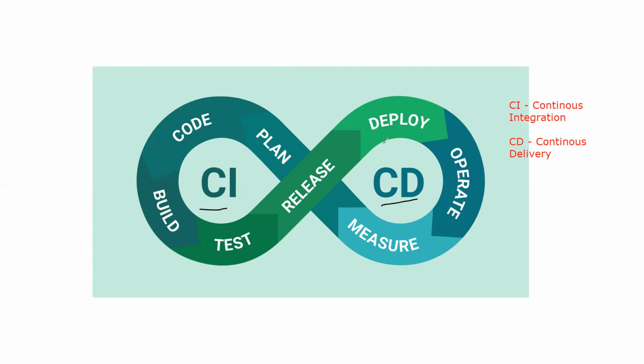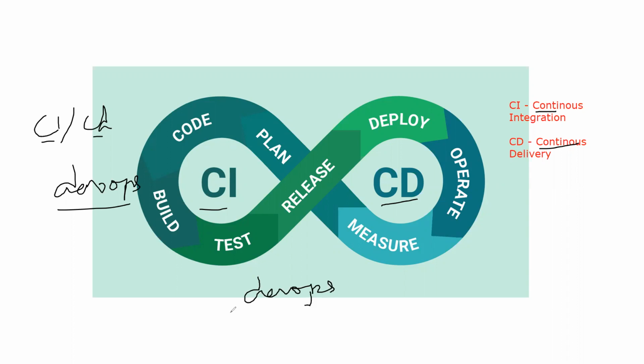Now, a question might come to you that, Kumar, what is this CI/CD going to do with regards to DevOps? That's a very, very important question to be addressed. So participants, the term CI/CD, if you have understood, it is all about the word called continuous. Then what we have been doing with regards to DevOps, participants, what we are trying to get into the DevOps. In DevOps, we wanted a pipeline to be brought in, or we want to bring a process that will help companies to deliver their application faster.